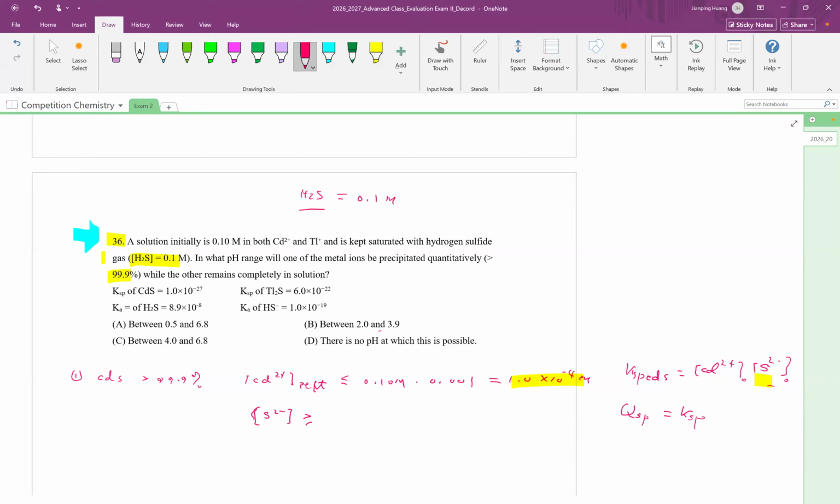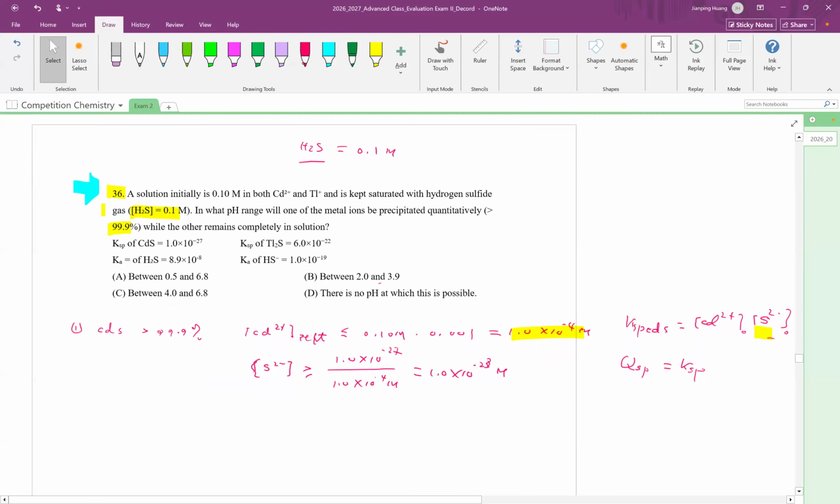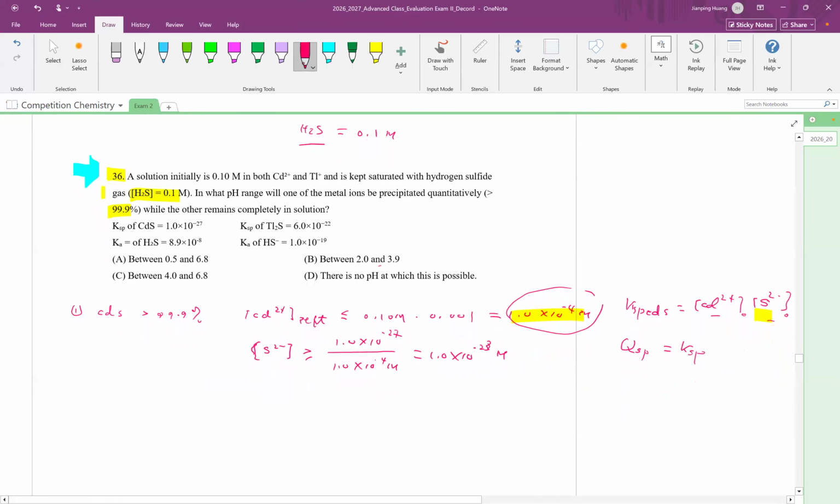Now, how can you do that? KSP is 1.0 times 10 to the minus 27. That's the one. It's 1.0 times this one. So you get 1.0 times 10 to the minus 23. What does that mean? In order for this one to be less than this amount, the sulfide should be greater than this one. Now, how can you do that? And you know that